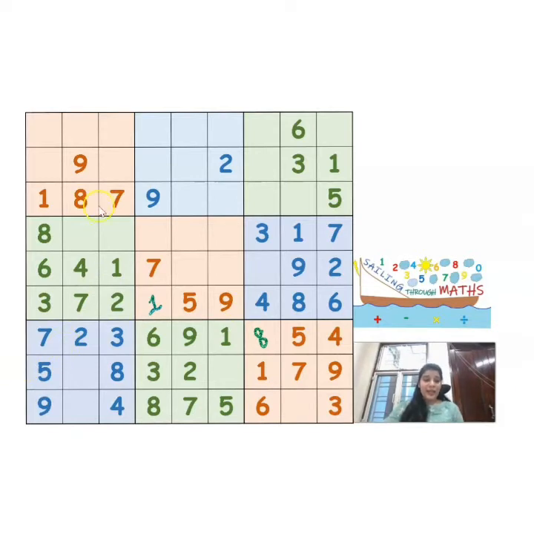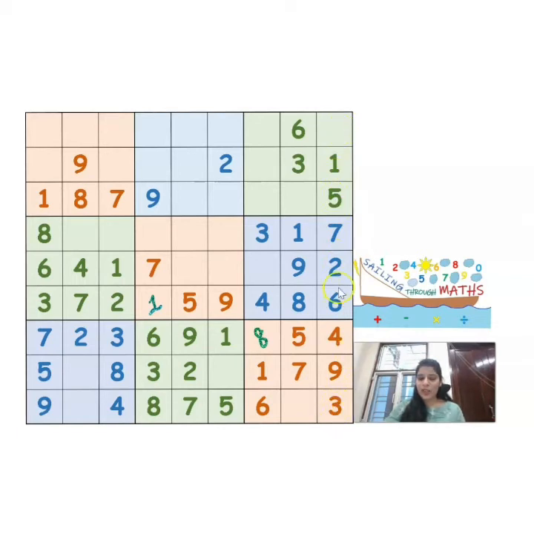Now, let's see, do I have any more rows or columns where I just have to fill one number? And you will see, yes, we have one more column where we just have to fill one number. Which column is it? You will clearly see it is our 9th column.